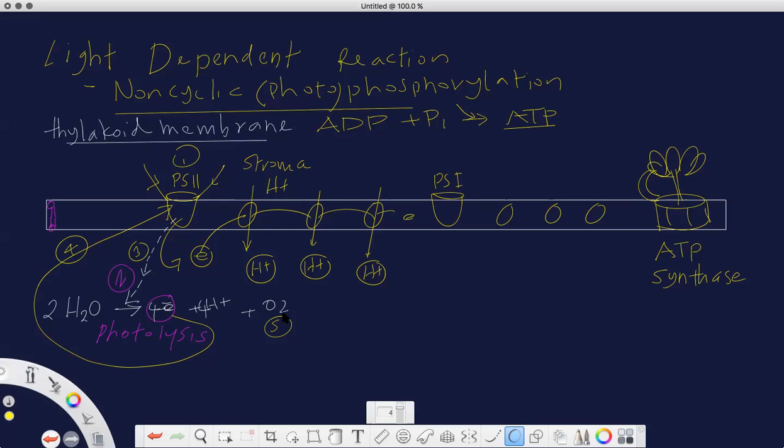So photosystem 1, again light is absorbed, and the same thing happens. The light energy moves to the photosystem 1, and this light energy causes excitation of electrons from the atoms. As a result, again electrons are released,